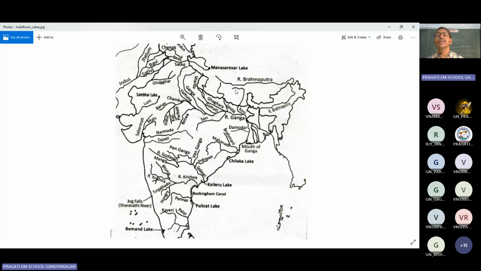Okay. Here the Brahmaputra River is also flowing through the east, and near Arunachal Pradesh takes a large U-turn near Namcha Barwa peak and flows through Assam, Meghalaya, again joined by the Ganga River, where it is called the Meghna River. Thus, we can find this river system. Here Manasarovar Lake, it is a source of some rivers like Indus, Brahmaputra, etc. Try to follow thoroughly this river map as well as the dams also. Okay.